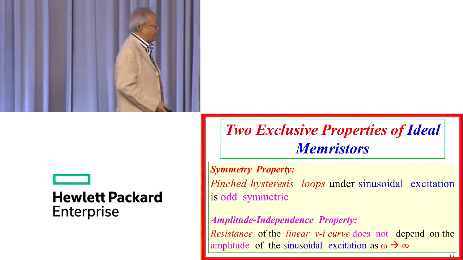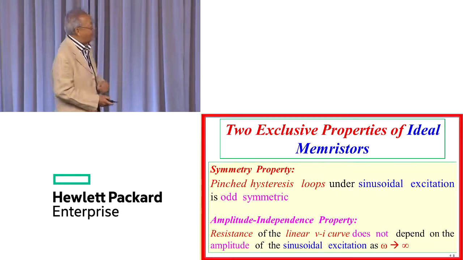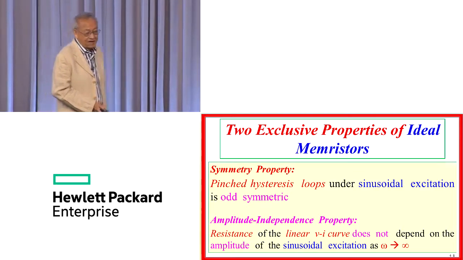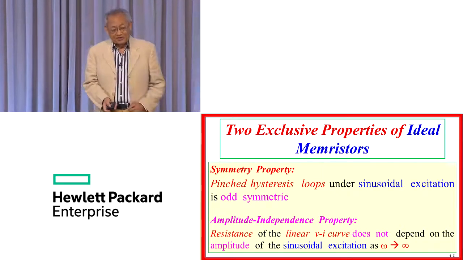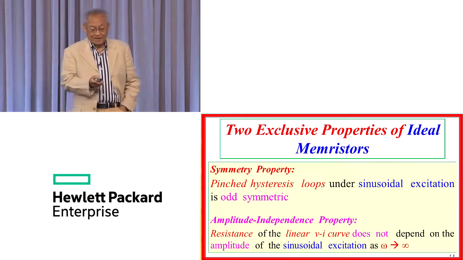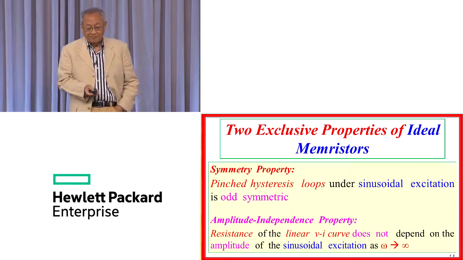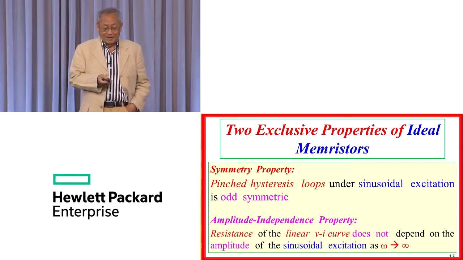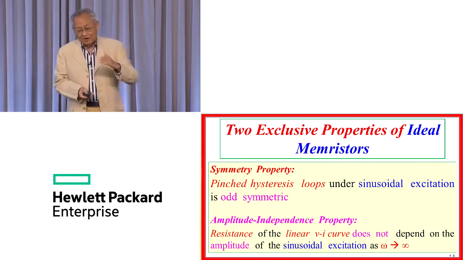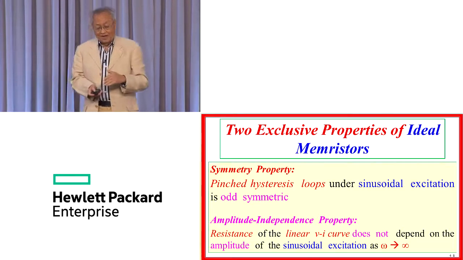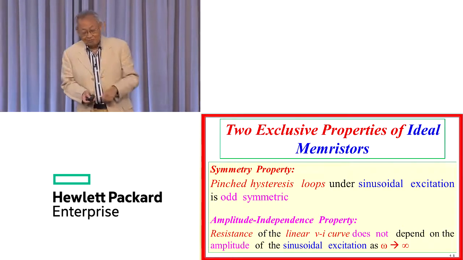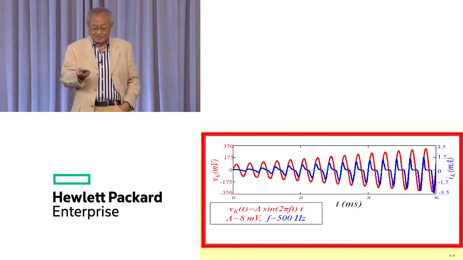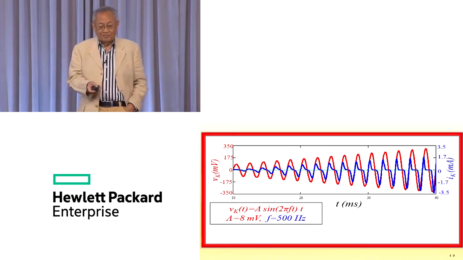Okay. But two important parts of the ideal, the original memristor, is that it's always symmetrical. I call it the symmetry property, in the sense that the pinched hysteresis loop under sinusoidal excitation is always symmetric, and that it has the amplitude independence property, the resistance of the linear IV curve. You know, when you go to high frequency, it becomes linear. But in general, the slope of the limiting curve depends on the input waveform, the amplitude, but not for the ideal memristor. So you have a way to tell whether you have an ideal memristor or not. Okay, and that was what I called earlier the